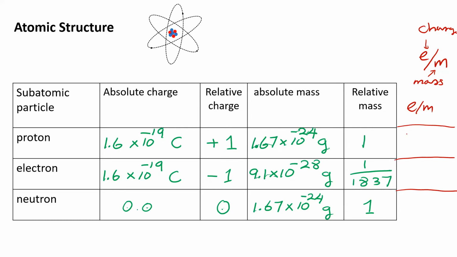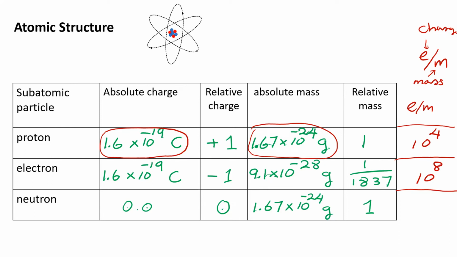For the proton, you will end up with a value like 10 to the power 4. If you divide the charge, this charge, by that mass, you can roughly end up with that number. And for the electron,